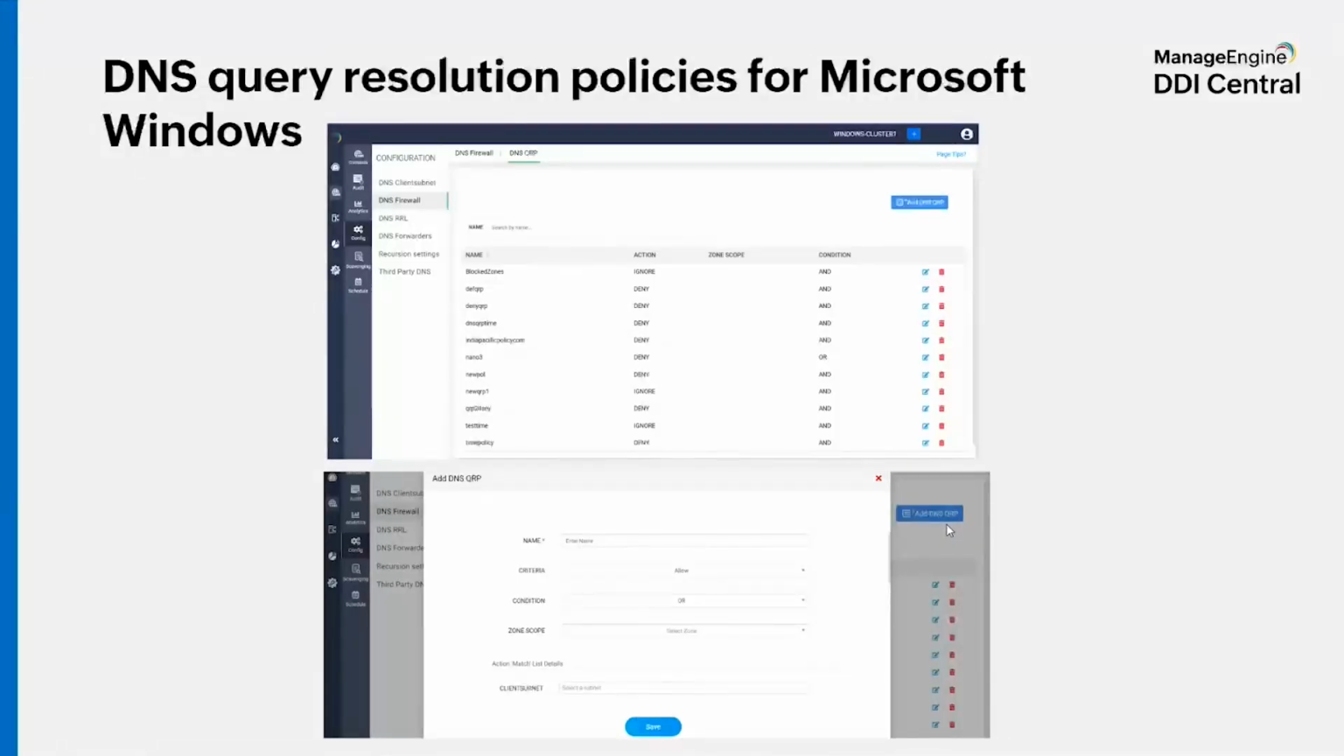DDI Central's DNS query resolution policies for Windows Microsoft servers help in configuring query responses and redirecting queries to specific network segments based on criteria such as time, Internet Protocol, and Transfer Protocol. DDI Central's Windows Microsoft enables you to configure DNS responses for different applications or services by defining the zone scope